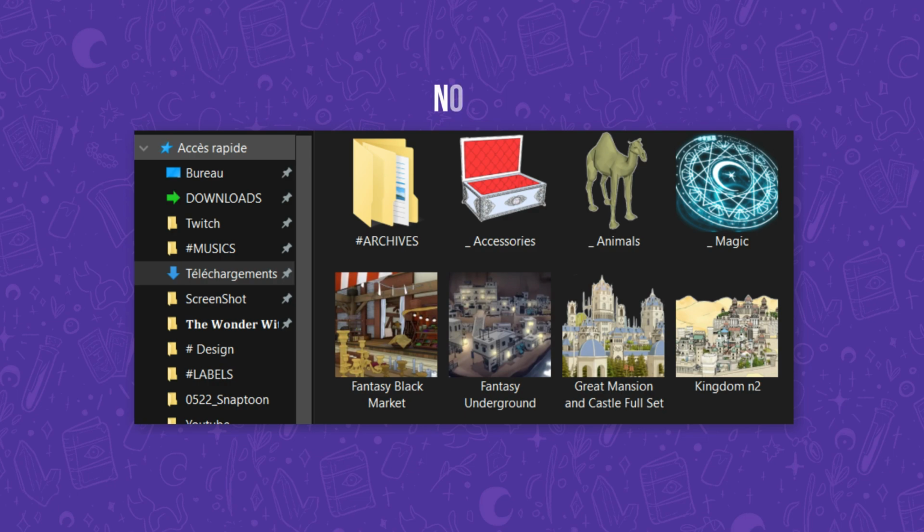Okay, so here is something important you have to know. I just forgot to mention it in the video, I'm sorry. All you have to do after downloading your models is put them in your download folder. I don't know why, but in your actual basic download folder, your model is going to work pretty well, because sometimes Snaptoon can forget some texture in your models and you want every texture, or you will end up with a really ugly greenish texture.